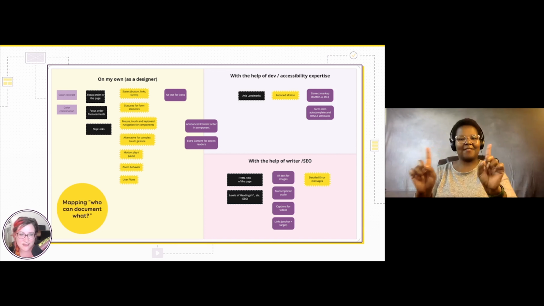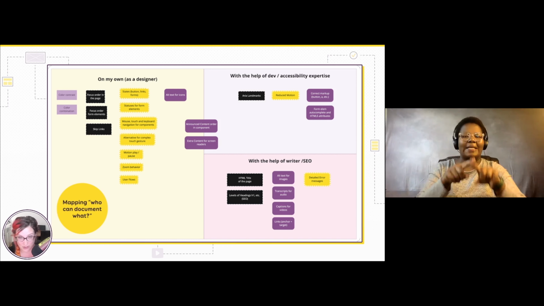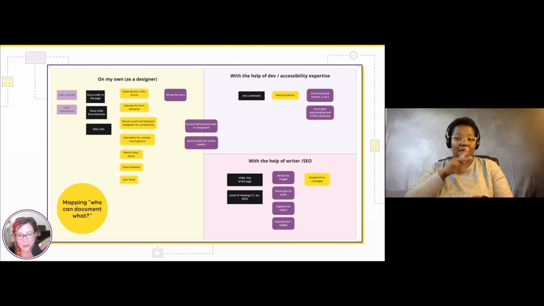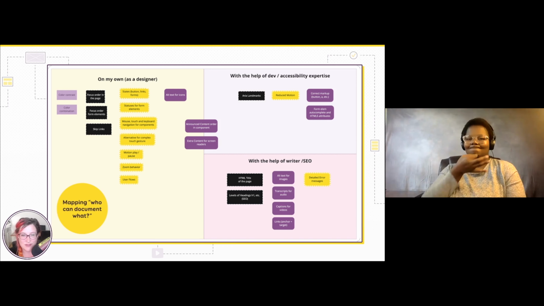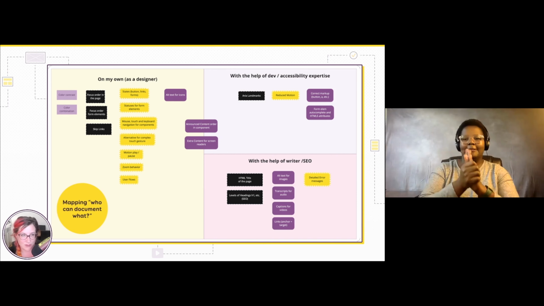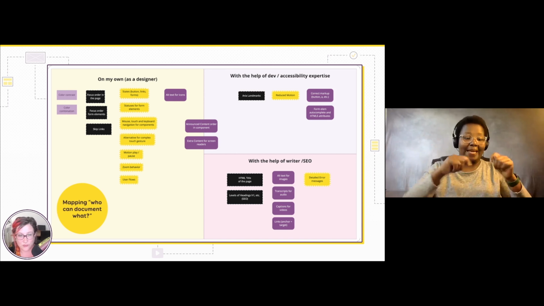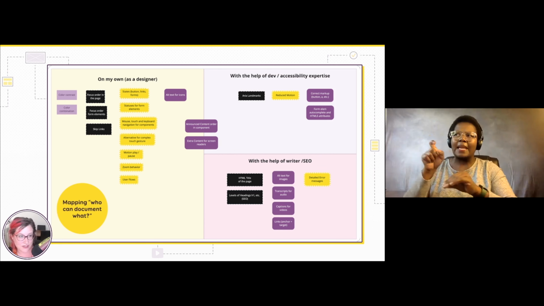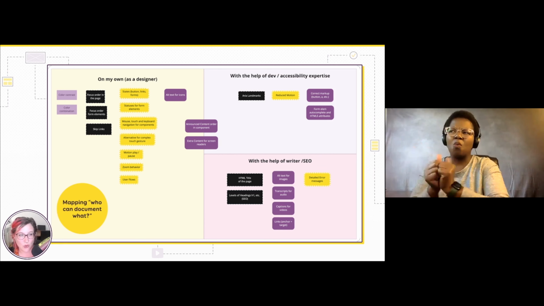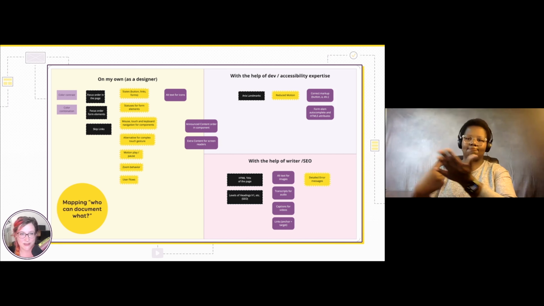This is a very personal way of ordering things, and it's based on my own area of expertise. But I would advise you to do such an exercise with your own team. The mapping will obviously be different because it depends on a lot of things, but having your team map what they feel comfortable with documenting and what they need help with could also be a good idea. And mapping who should document those things.